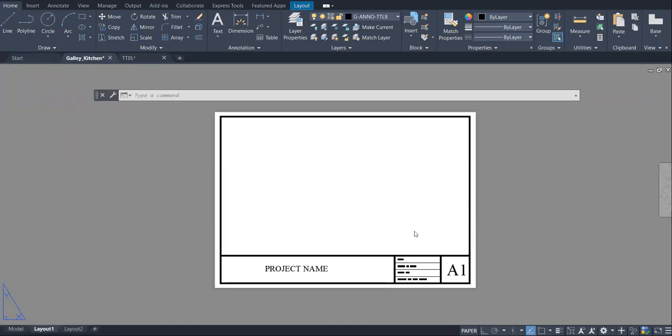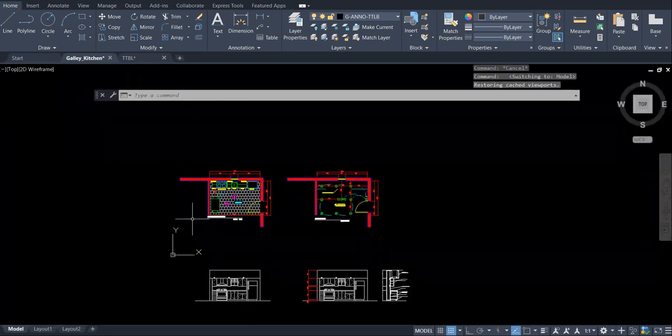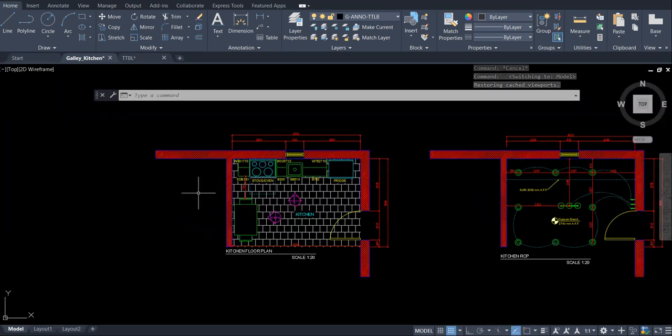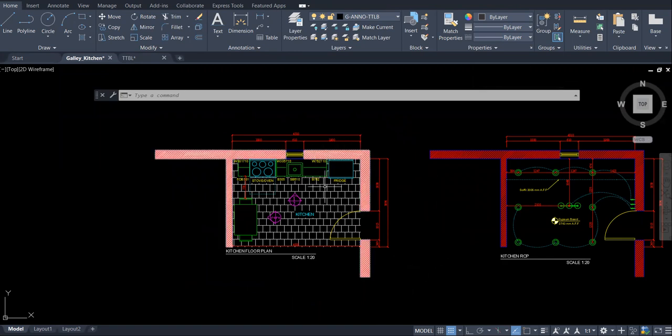Now we're going to be starting printing according to a certain size. Right now, if I click on model space of my kitchen, I have zoomed in. I have this floor plan, the kitchen floor plan that you have. One of the things that I want to talk about is that you make sure that you have your